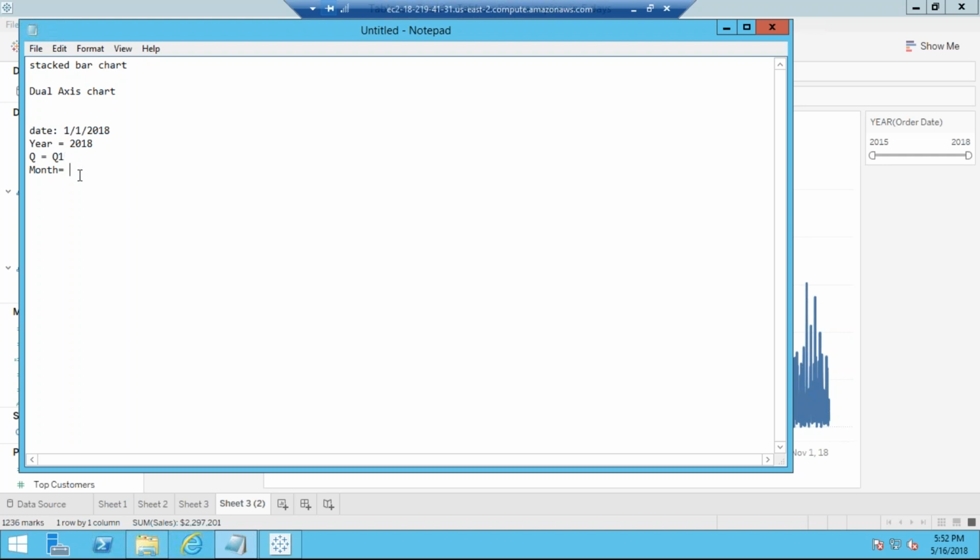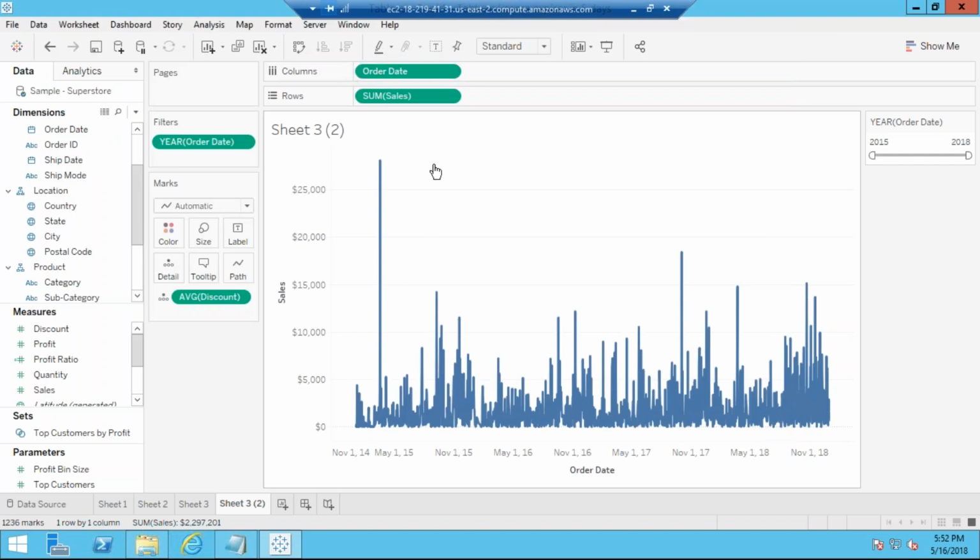Month, I will get Jan. Then week, day of week, and all that stuff I can bring up. So what I'm doing is extracting these things from the actual date column. Getting it? Okay, this is very important. This is again about the data, what I told you earlier, that understanding data is very important.